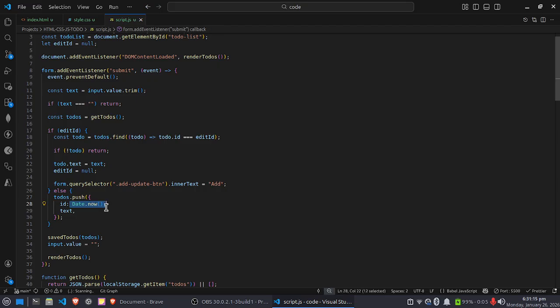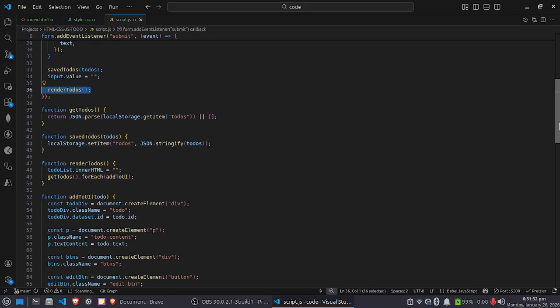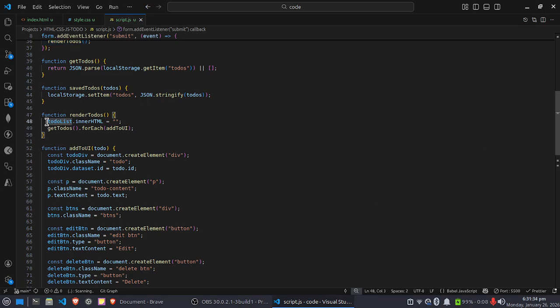The ID is very helpful for the edit and delete purpose, and we are calling save to-dos every time, whether it is a delete, an edit, or a new creation. Also, remove the input.value by setting it equal to empty, and render to-dos. Render to-dos first makes the complete to-do list empty, and gets each to-do from this array and